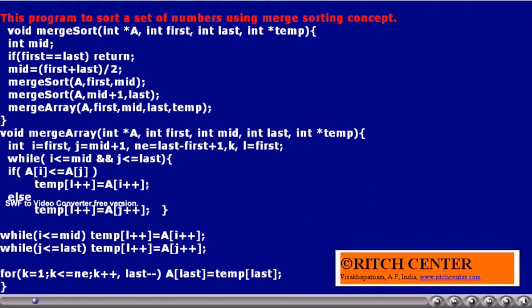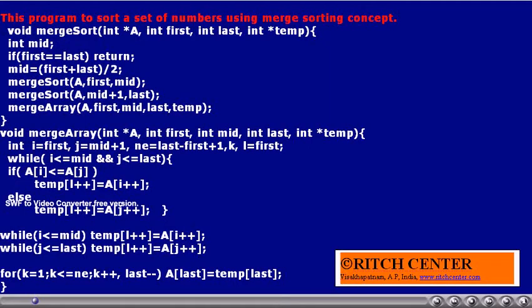We assume that the merge sort function is called from the main program. The first argument for this function is the address of the array which contains the elements to be sorted. The next argument is the starting index of the array elements which we want to sort, and the third argument is the last index of the array elements which we want to sort, and the fourth is a pointer to an integer array which we want to use for temporary operations.